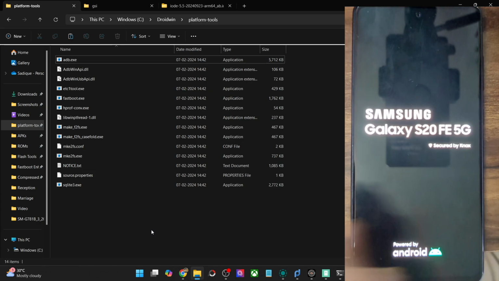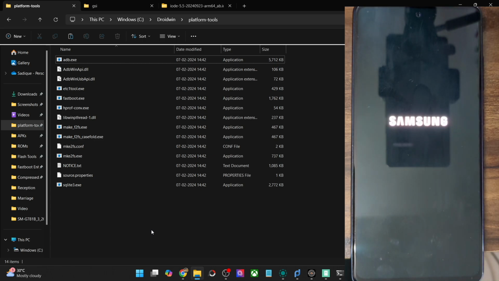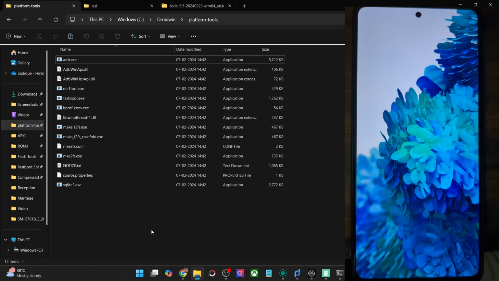Moreover, as I have told you before, the data partitions are not shared. So I have just now taken a screenshot in the GSI ROM, and I'll show you that the same screenshot will not be shown here in the stock One UI, because the partitions are not shared. They both are different. So let's wait for the phone to boot to the OS, and then we will have a look at that as well. So you could keep one profile for work and the other profile for your personal usage as well if you want. That will come in quite handy.